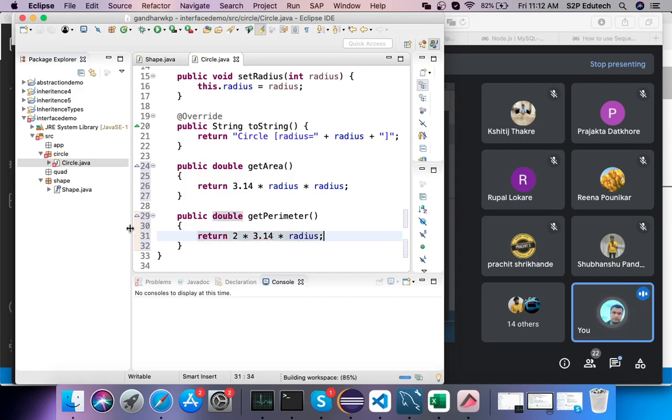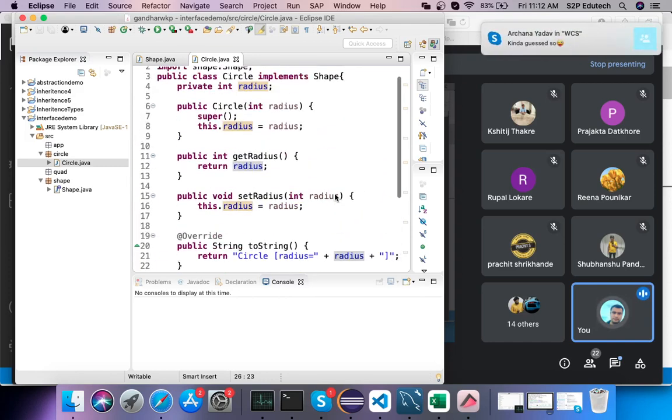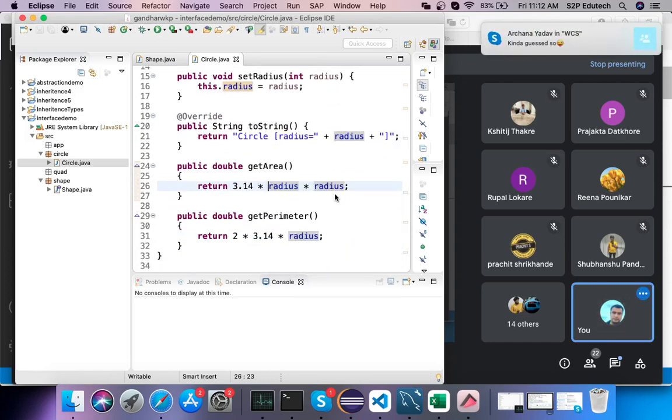This radius is our data member. I have skipped using this, but you can always use this.radius as well. Why? Because these are data members and you can access them using this.